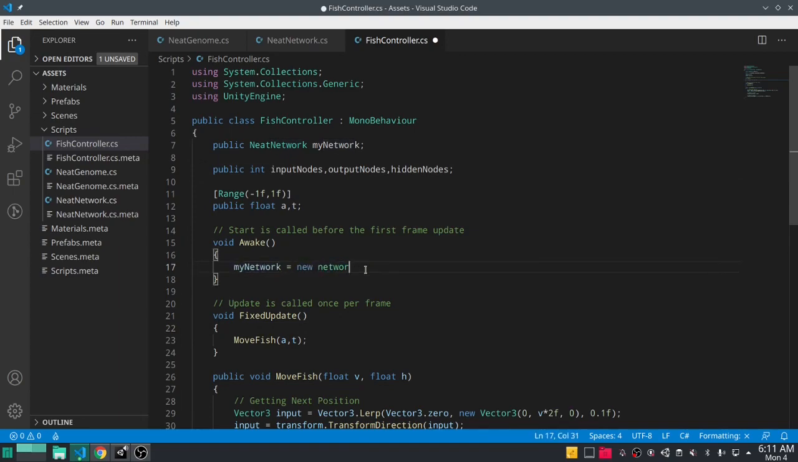And to comment, it's Control and the question mark key. So press those two together and it comments the line. Alright, so my network,